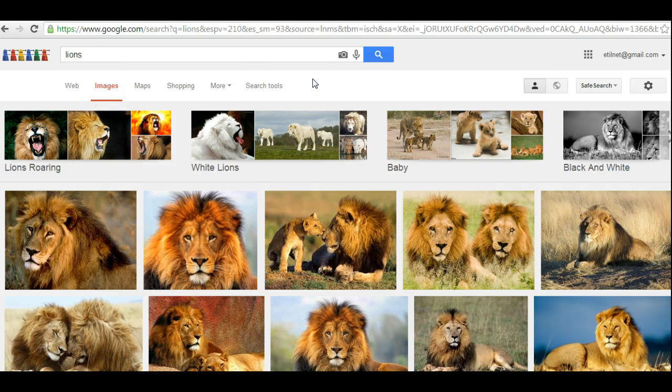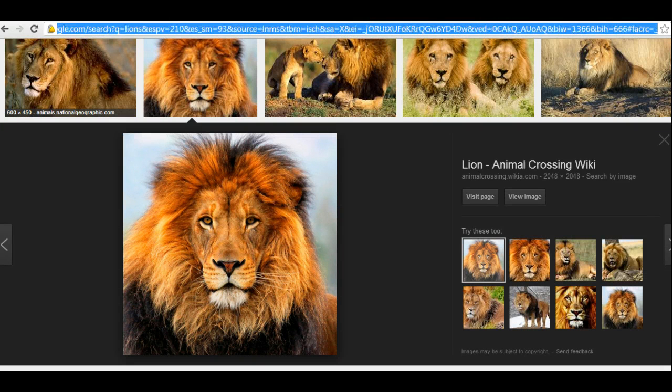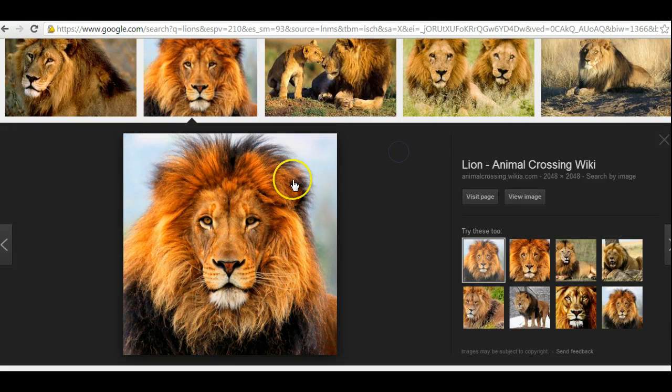Now the biggest problem people have, let's say somebody wanted to use this picture of the, let's say this lion right here. Somebody wanted to use that. Well, if I click on it, look up here, see this web address? Look how big that is. That's still going, isn't it? That web address, that is where it was found in the Google image search. Look how big that is. That's 3 or 4 feet long, isn't it? That's where it was found in Google image search. So what you need to do, if you want to use that picture,